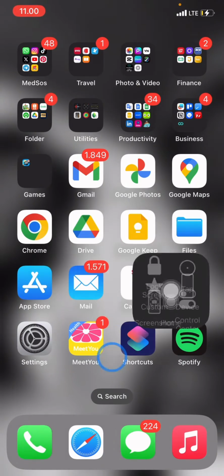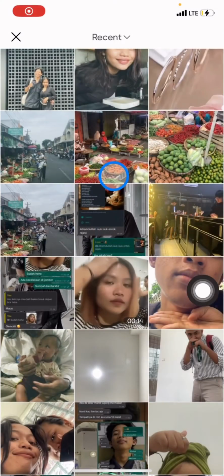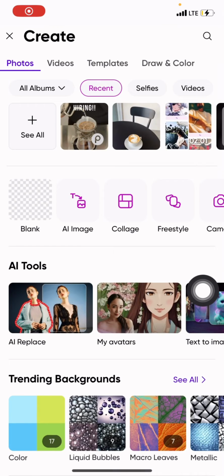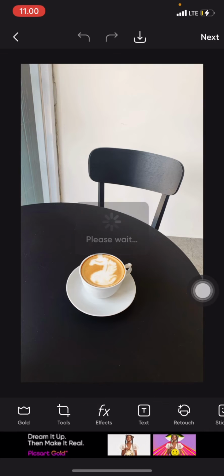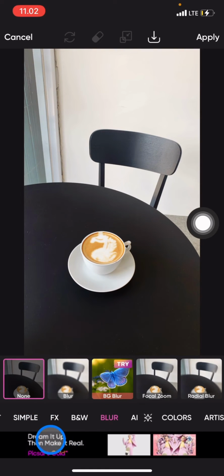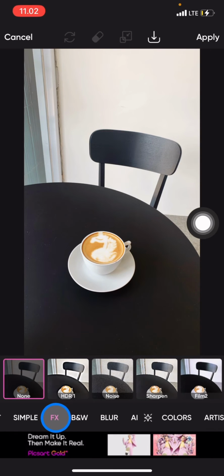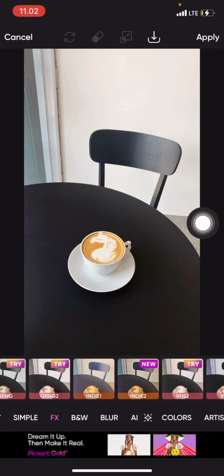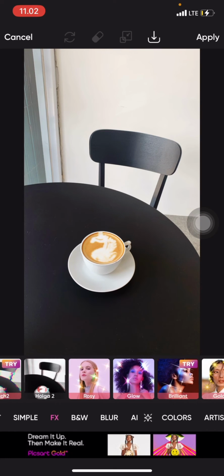So first thing we're gonna do is open the Picsart application, and now we just need to start to create the new editing. Choose the picture from your gallery, and after you already have the picture, you can just directly go into this bottom line and click the FX tool. Make sure you are in the FX, and now when you're already in FX, just slide this FX to the left side until you find a